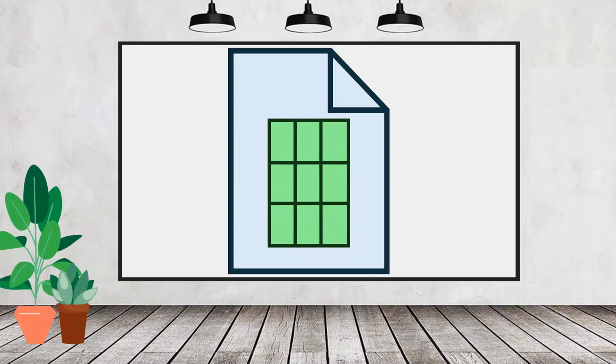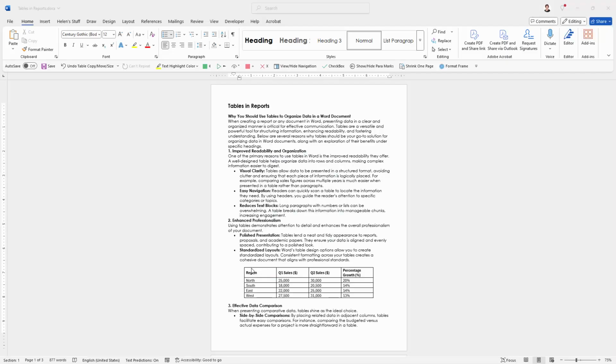Today we're rotating a table inside a Word document. So I have a Word document here and I have a table. I want to rotate this table around and place it alongside the edge of the document. So the way that we're going to do that is just to click somewhere in the document but not anywhere